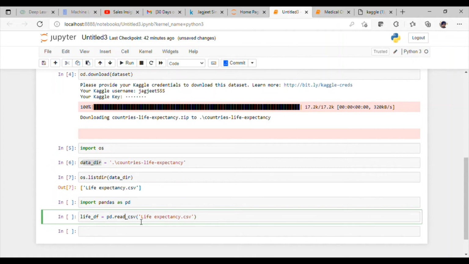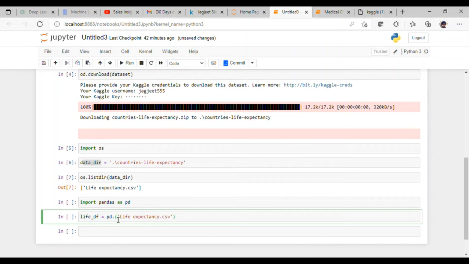Okay, and if you don't remember the code, there is a very cool function here. You can type pd dot, and if you don't remember how to read the csv file, just press the tab button on your Windows laptop.